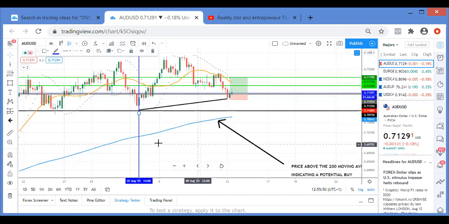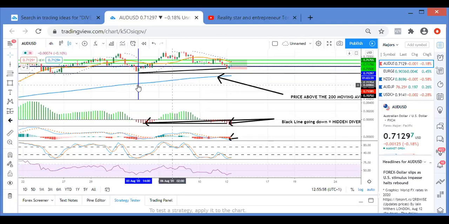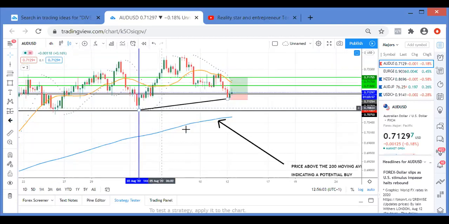So guys, because the market is above this moving average line, I know that I'm only looking for buys. Now, in order for you to buy, let me just get rid of this line. You need to see a low. When you're buying, there's a term: buy low and sell high.